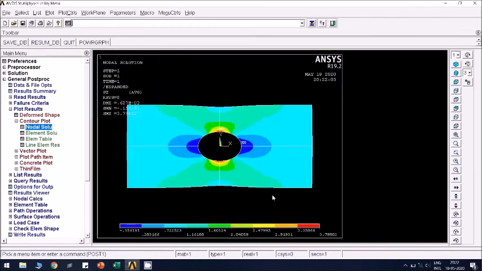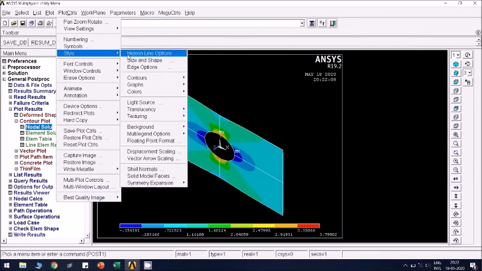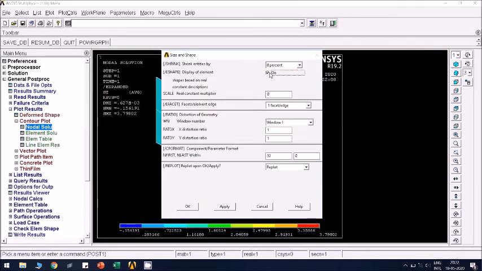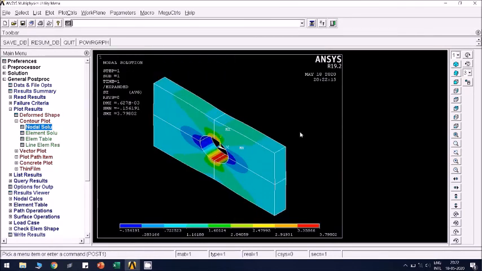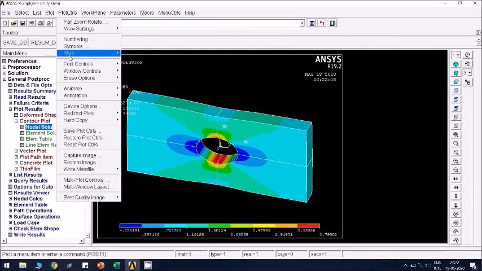See, if you want Sx, you can plot it. This isometric view. If you want to add the thickness also, you can show the thickness here. Display of element includes the thickness. So this is the actual plate which is undergoing tensile deformation.